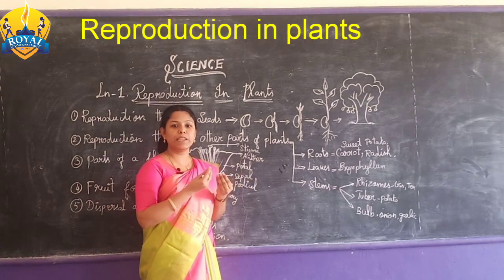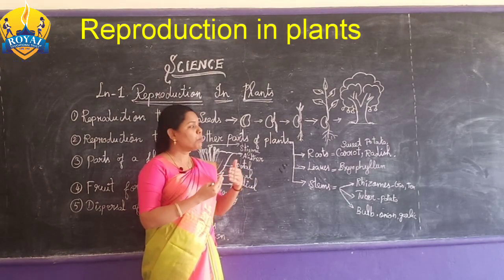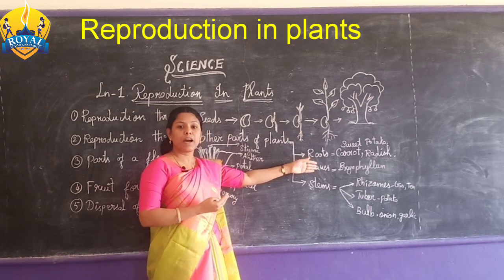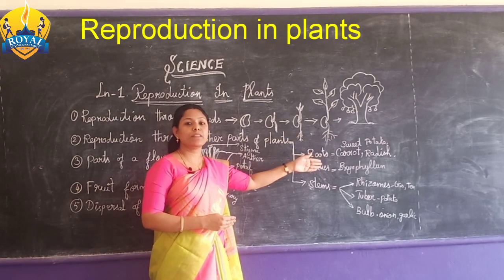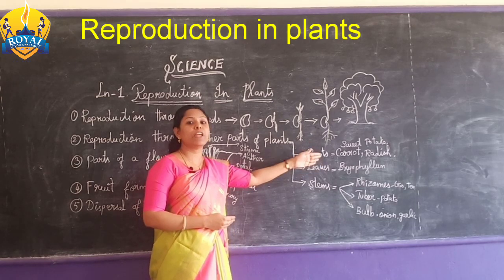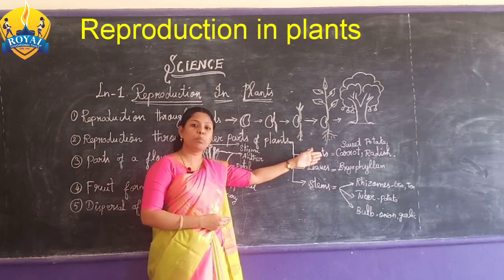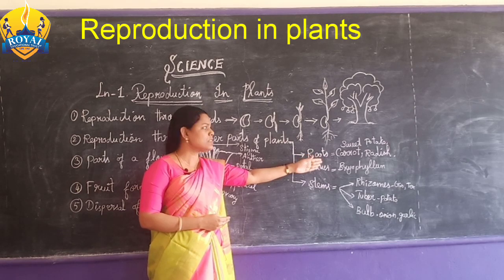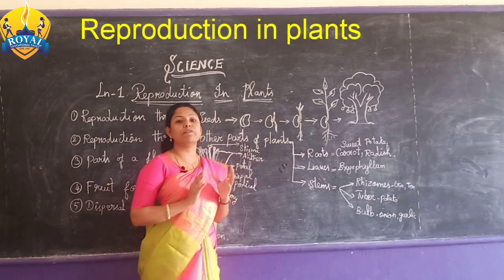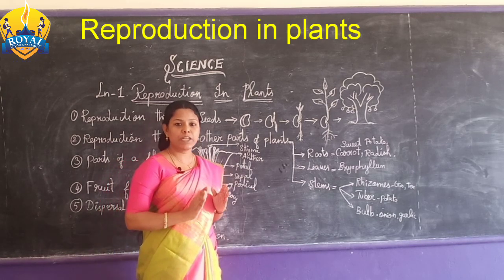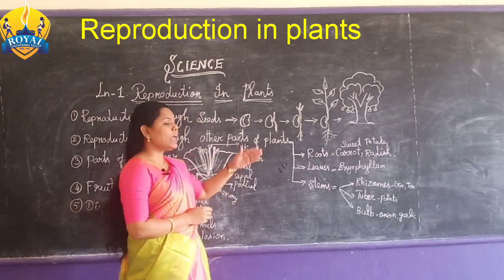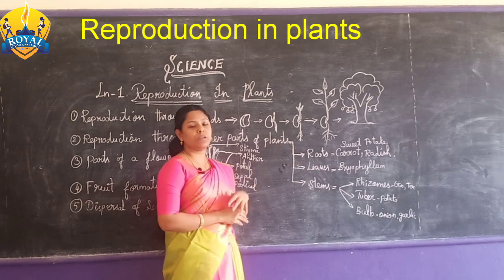Tiny small leaves will come out from the bottom portion of the carrot, and then it will give rise to a new plant. Likewise, the roots of plants give rise to a new plant. The process is called vegetative propagation. Okay, another method: leaves.